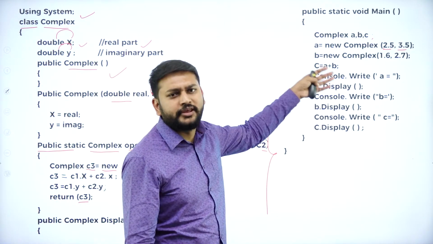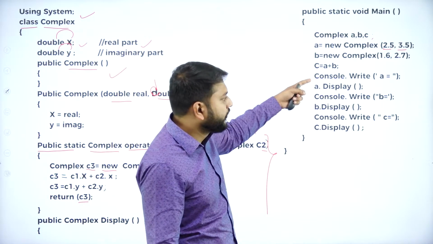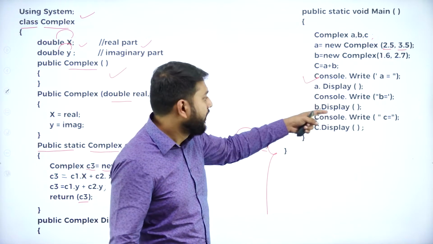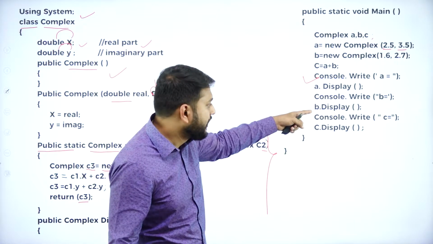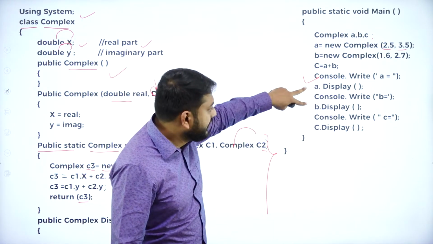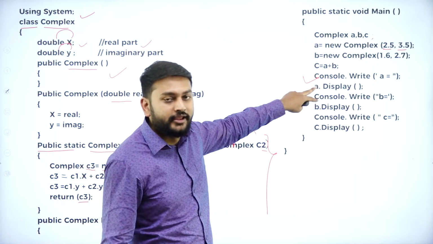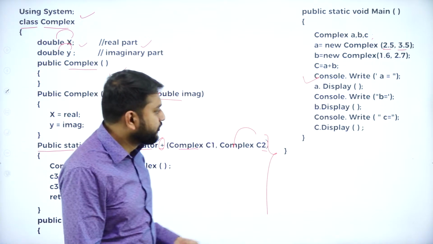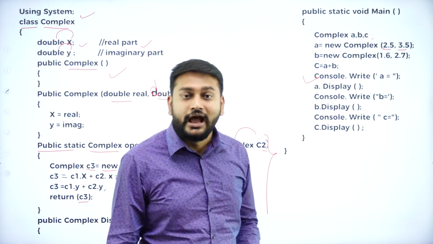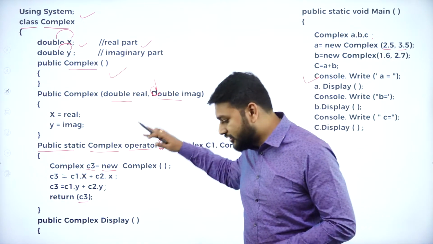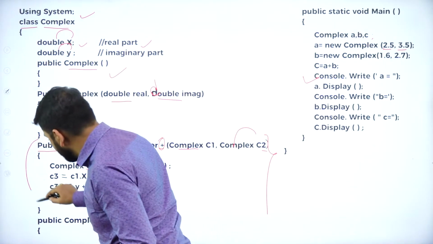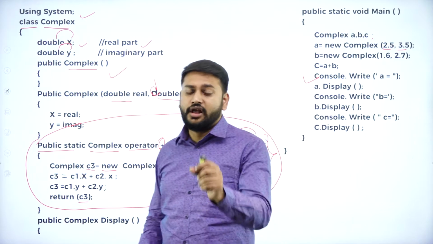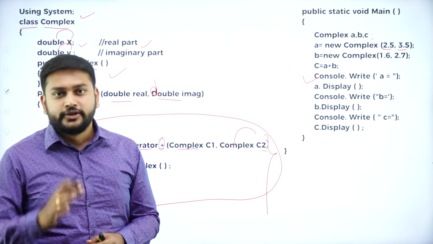Finally, I'll perform A plus B and then I will print the values. After performing this, I will call the function A.display, and then again I will call B.display. So individual objects are trying to call display. Display function means I'll just be printing the x value and y value of C3, is what you need to remember. Finally I just have the display function after C. That's what you need to observe when we are trying to overload. The main thing that you need to concentrate on, if you want to understand how we overload the binary operator, is this.